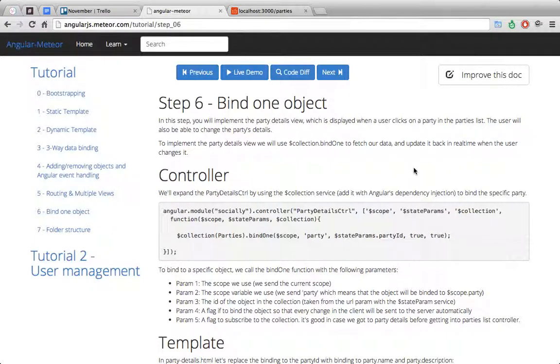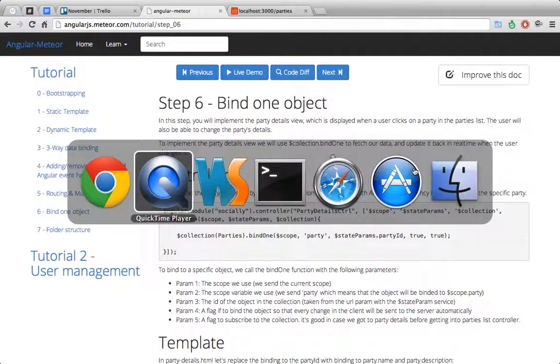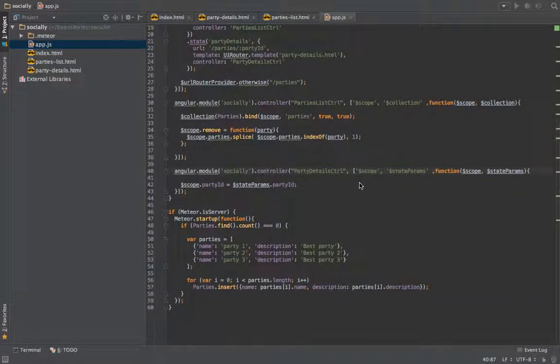So now that we have the party details page, we're going to bind that particular party into the database. So every change that we make to that particular party will also be synced with all clients and the database. So let's go to the party details controller,